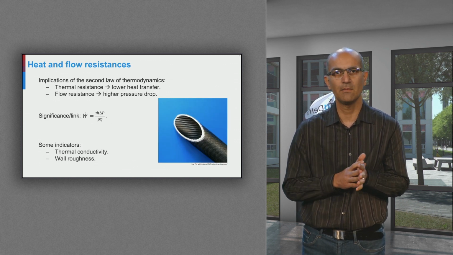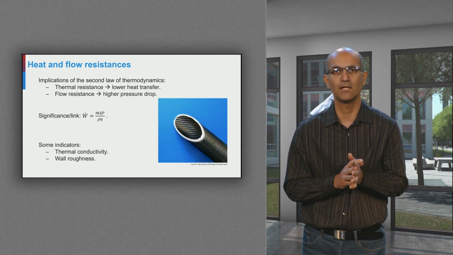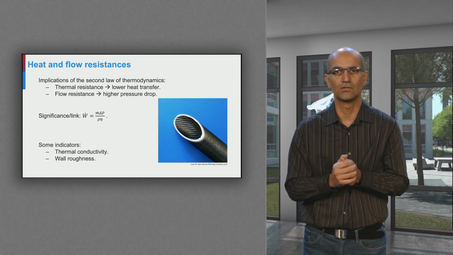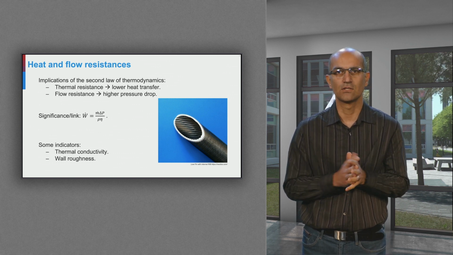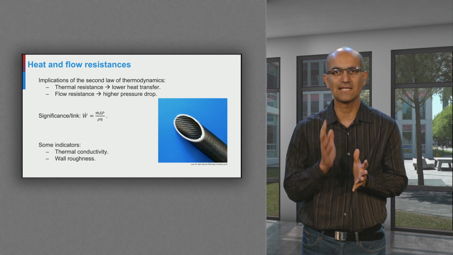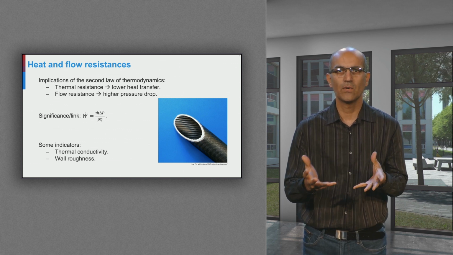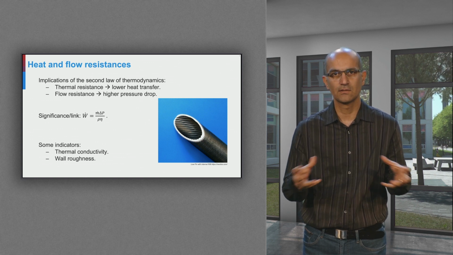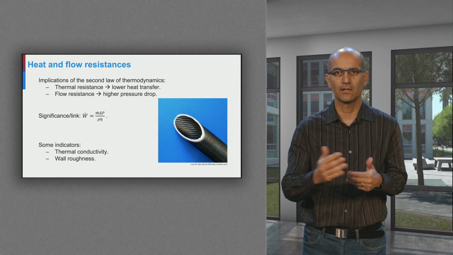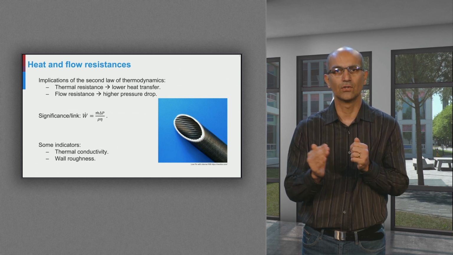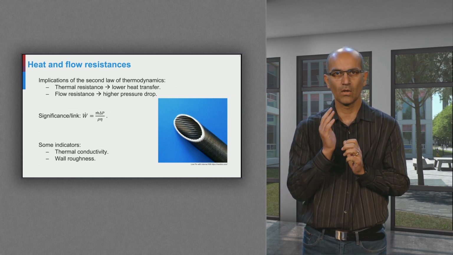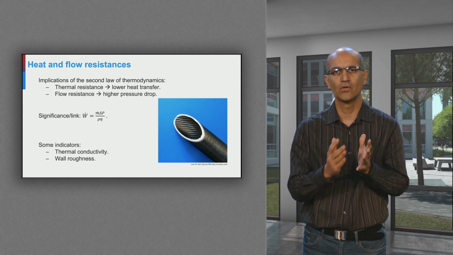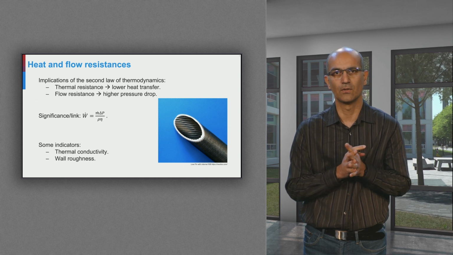We remember from thermodynamics that all the processes are irreversible in nature and that there always are losses which would lead to destruction of exergy. For heat exchangers, we have to deal with thermal resistances as well as flow resistances. The simplest way to explain is to think about a metal or a wood spoon in the kitchen. They both show resistance to conduction heat transfer, but we expect it to be easier for metal to conduct the heat. You have also seen in your fluid mechanics course that a pressure drop through a rough pipe is higher than that of smooth ones.